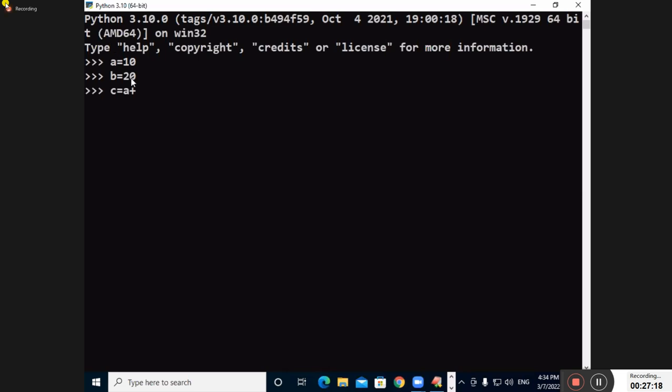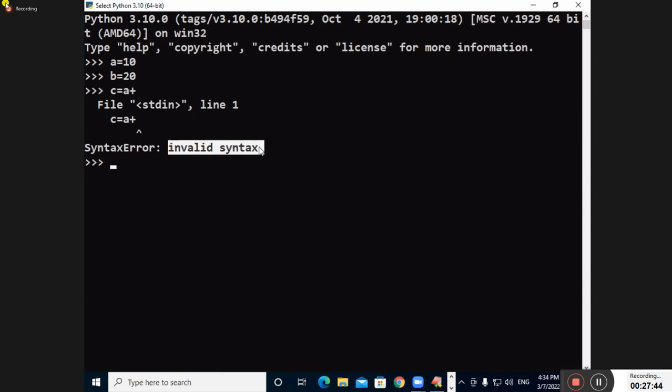Why? The plus operator requires what? Left side one value and right side one value. Do you have a right side? No. The Python compiler immediately expects that plus needs a value on the left side and a value on the right side. The right side is missing, so the syntax is not matching.